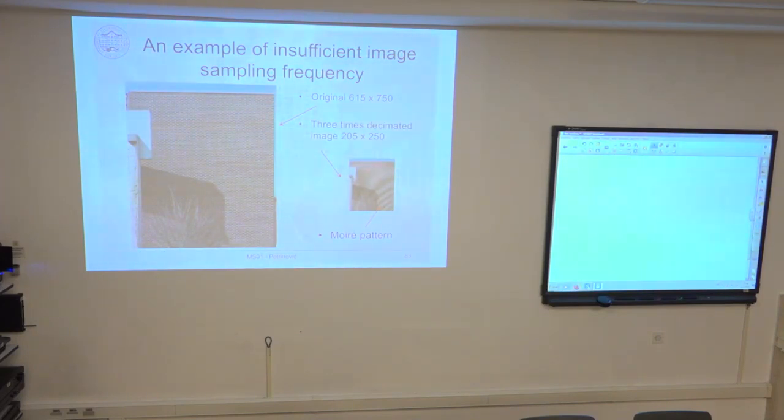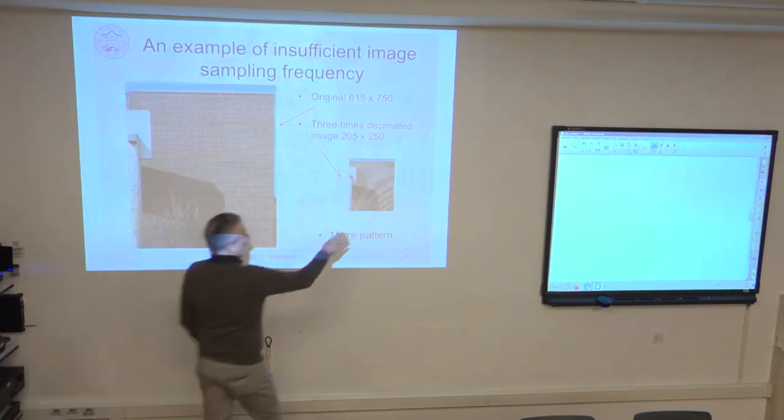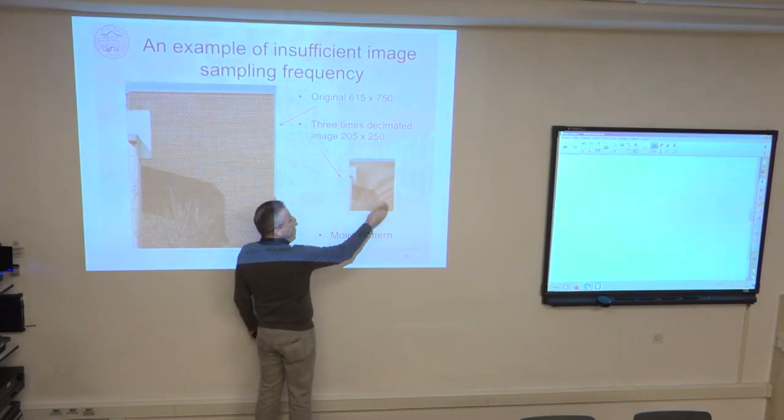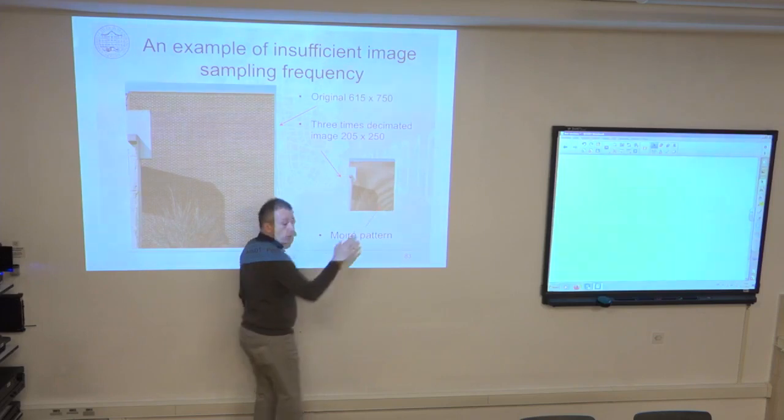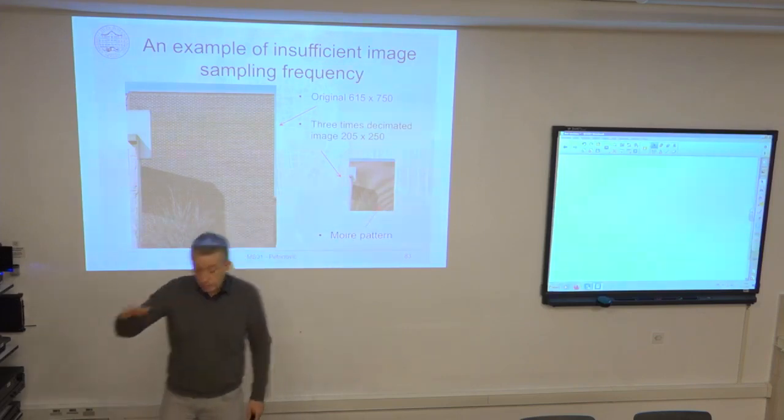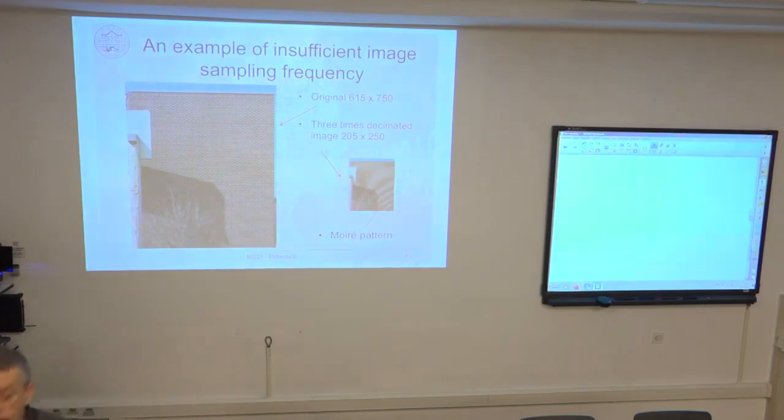Because this is actually a low frequency signal coming out as a result of an insufficient sampling rate. You have slow variation in intensity, something that is bright, dark, bright, dark. This low spatial frequency is a consequence of insufficient sampling